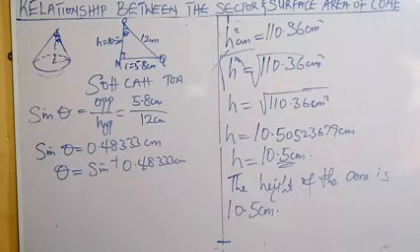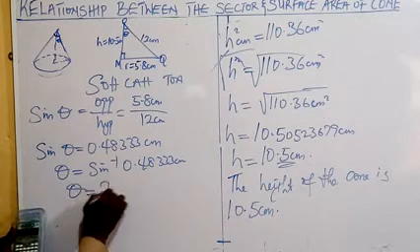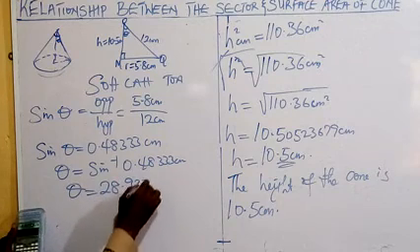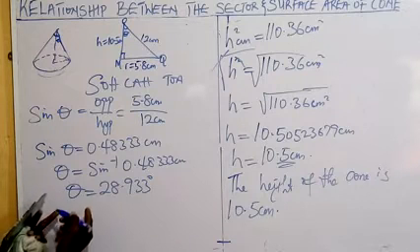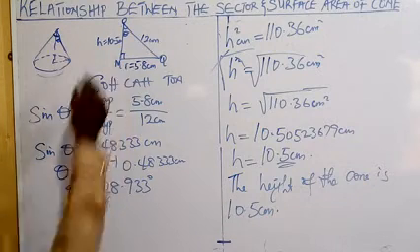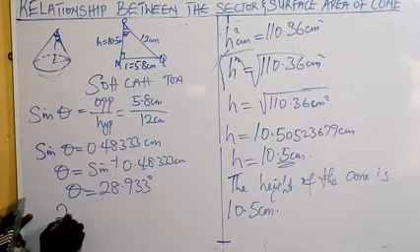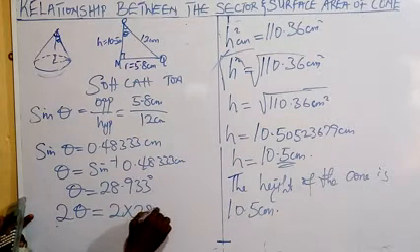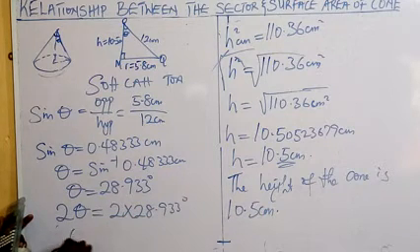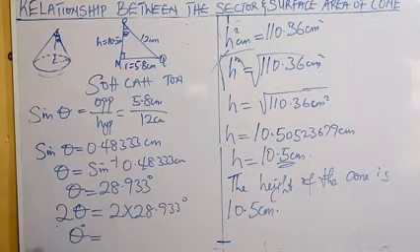Let's use our calculator. All right, that will give us 28.9. So theta equals 28.933 degrees. Now this is half of what? Half of the cone angle. To get the full angle, it will be 2 theta. That is 2 multiplied by 28.933 degrees. So therefore, the value of the vertical angle of the cone will be, to the nearest degree,